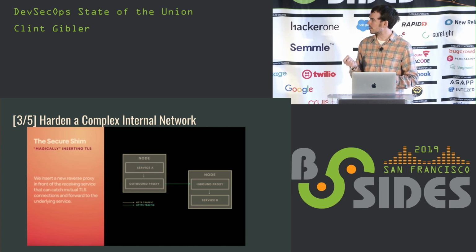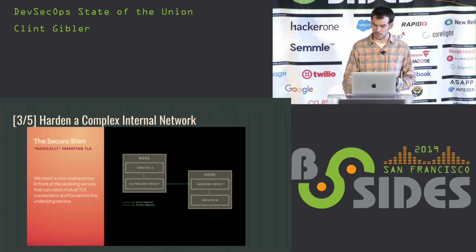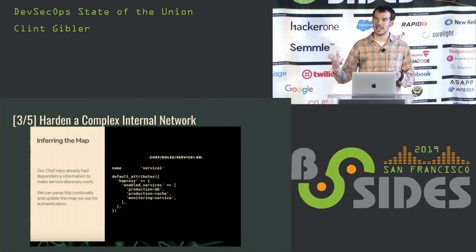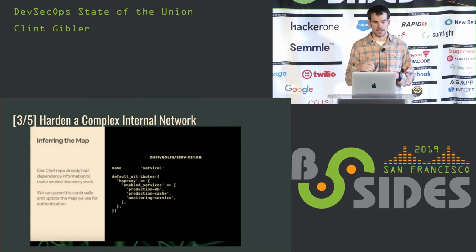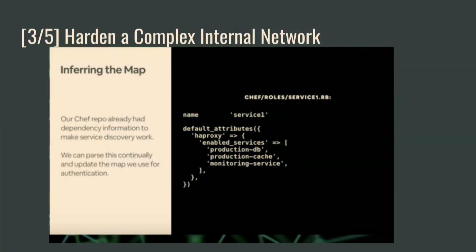And what Max said in the talk is that they were actually able to deploy this without changing any code from any of the services that the engineers wrote. So basically, it was just handled transparently, which I think is very, very cool. So the last part of this is, OK, we have identity, we have secure communications, but how do we know who should be able to talk to who? The interesting insight here is you actually already know this information if you use a config management tool like Ansible, Chef, or Puppet. For Airbnb specifically, they use Chef to configure services.